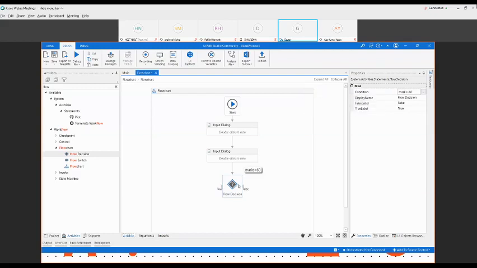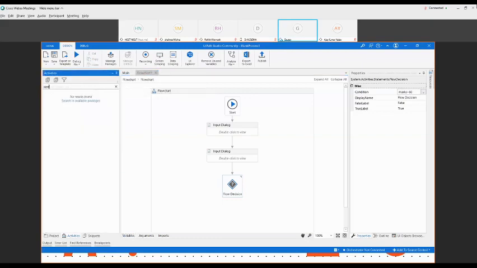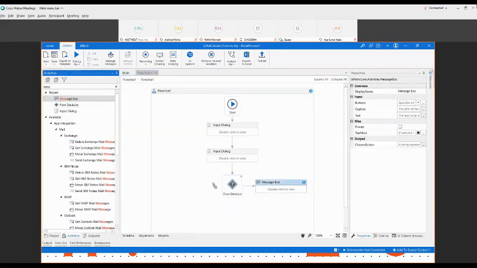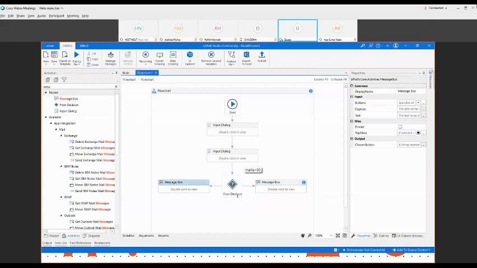Now you can see there are two branches. One time I will write pass, one time I will write information fail. So I can again use a message box. Just connect one message box this side and one message box this side.